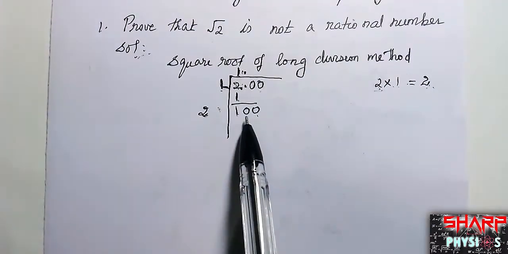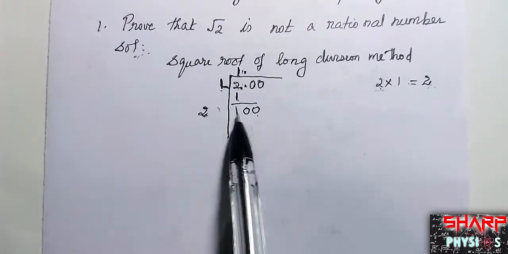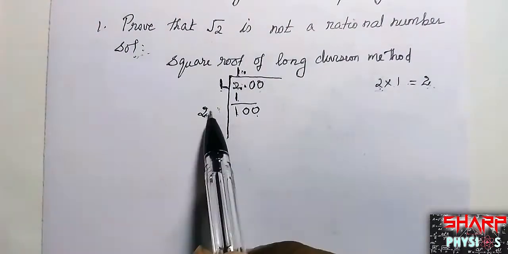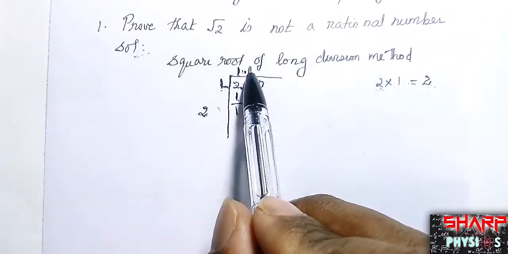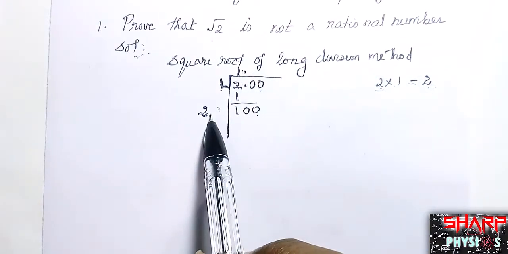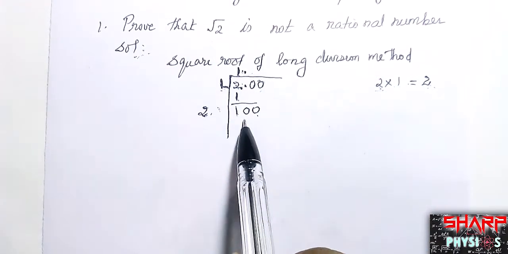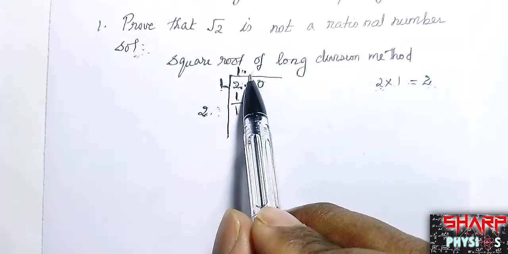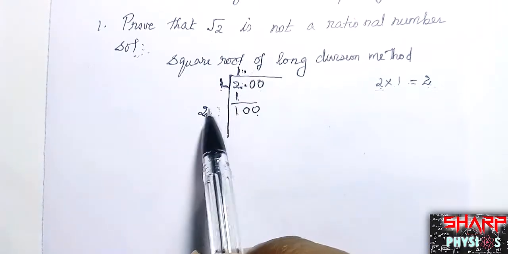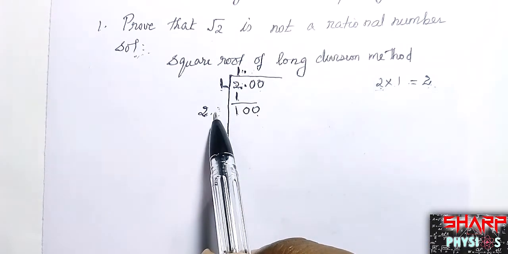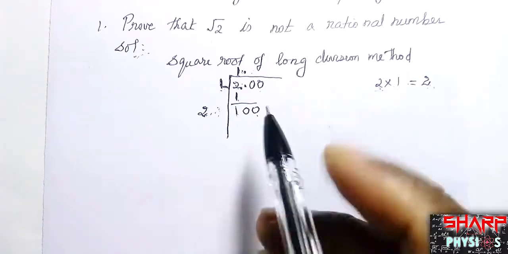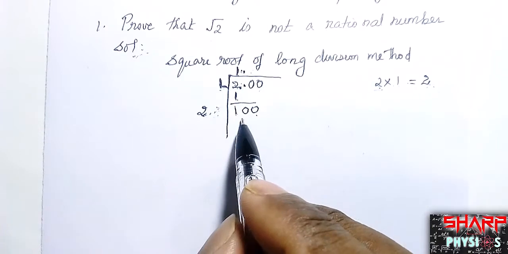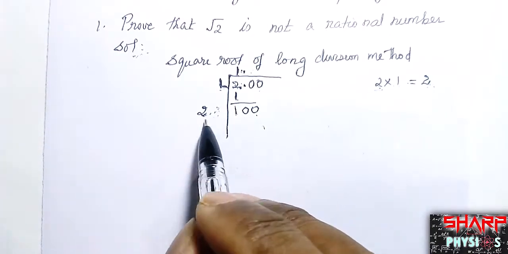Now we have to see which number is possible to be divided into this 100. If you keep 3, you have to write here 3, and here also 3. So 3 into 23 becomes 69. That is very far. If you write 4, you have to write it here 4. So 4 into 24 becomes 96. And if you write 5 into 5, it becomes 125. It is crossing the limit. So the nearest number is 4.